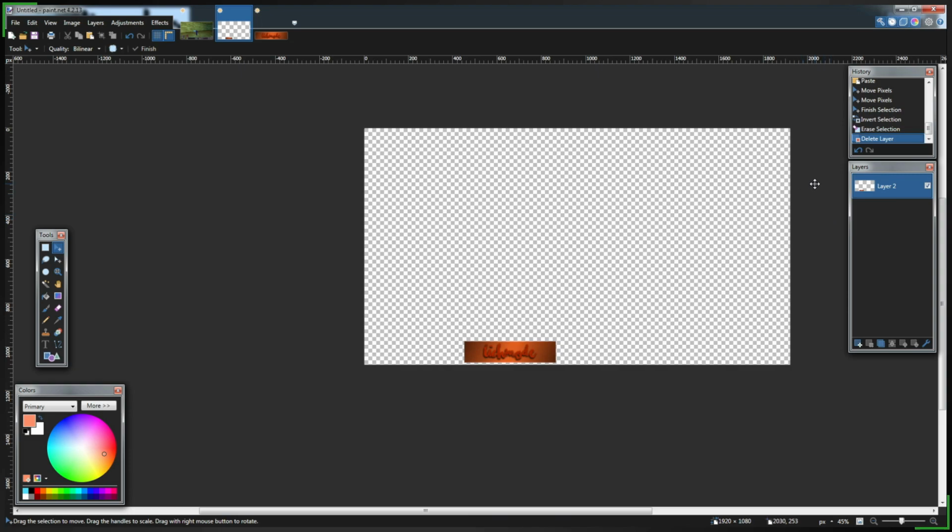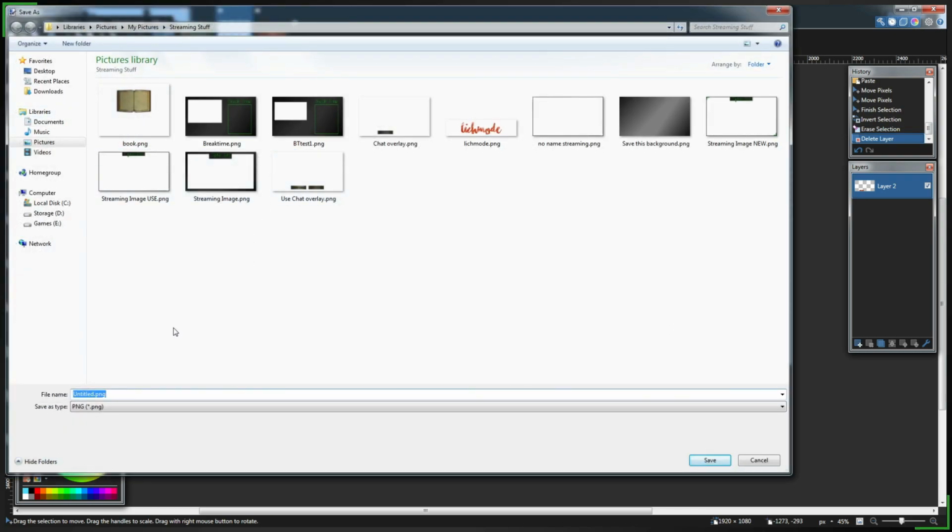There we go. And there you have your cover saved exactly where it's going to be. You can actually import this into OBS. It will place it over the whole thing at the aspect ratio you want it to be in, and it'll be perfect. To save it, go to File, Save As, and the first thing you want to do,